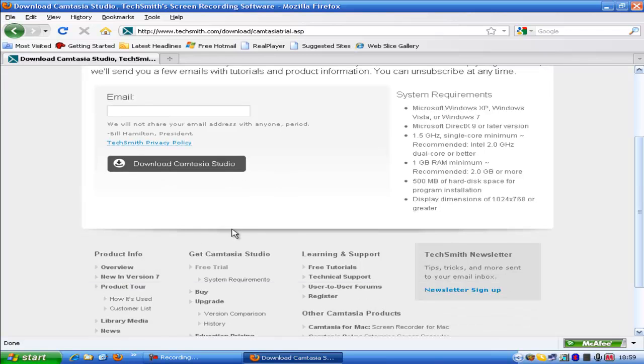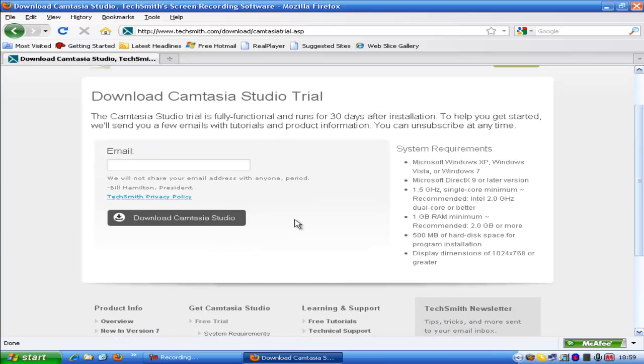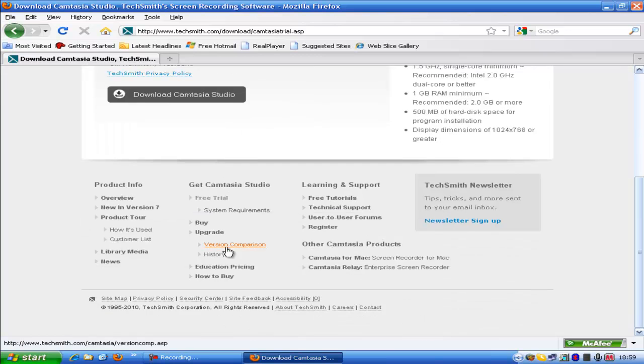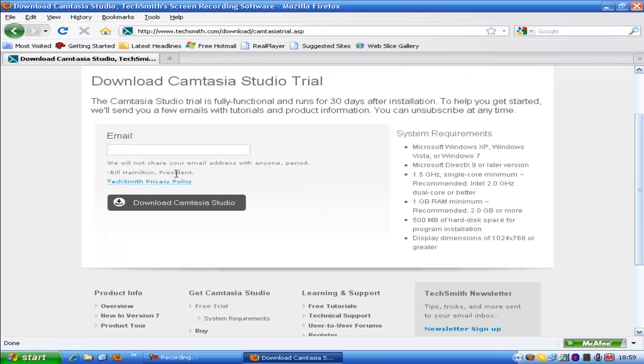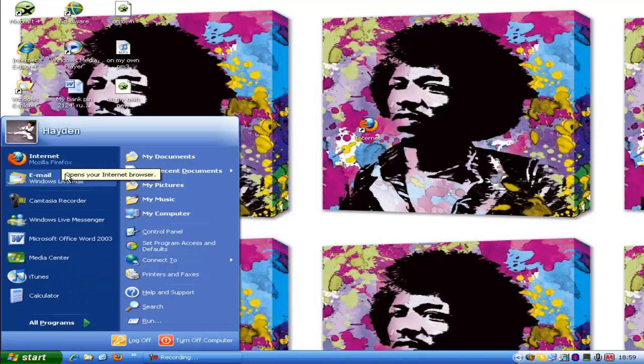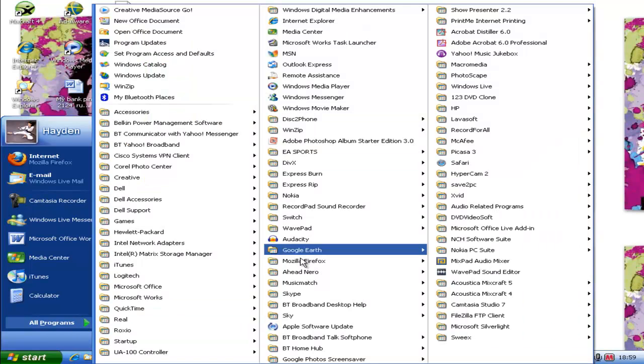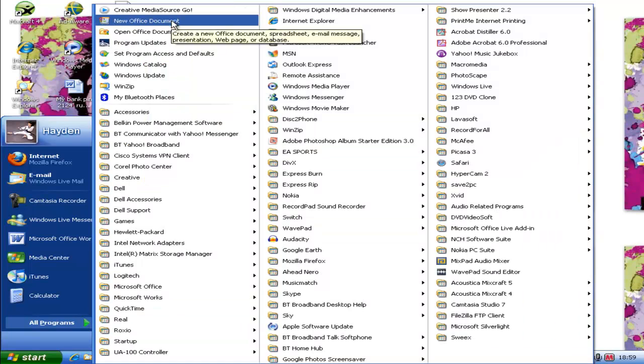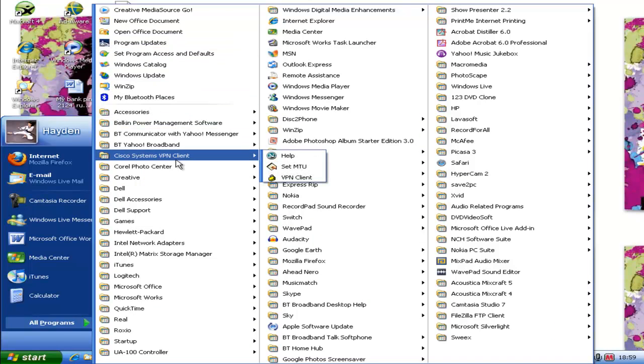Once this is downloaded, it should take a fairly, not too long, but it is 179 megabytes, so it's not a small thing to download. Once you've got that all downloaded, you will have the program. Mine's there because I've only just used the recorder, where it says newly installed programs. You'll go on to all your programs, and there will be something called Camtasia, which will be,